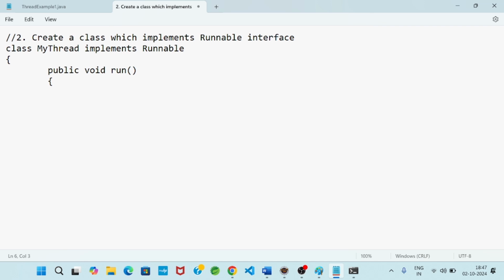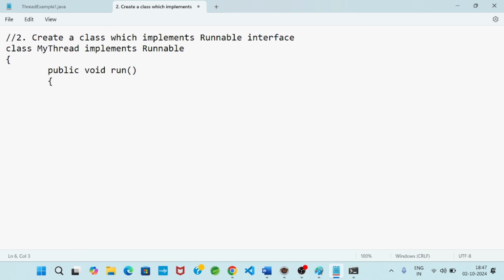You can take any number of variables and define any number of methods. There is no problem, but it is mandatory to define the run method. Without it, a thread is not fully defined.